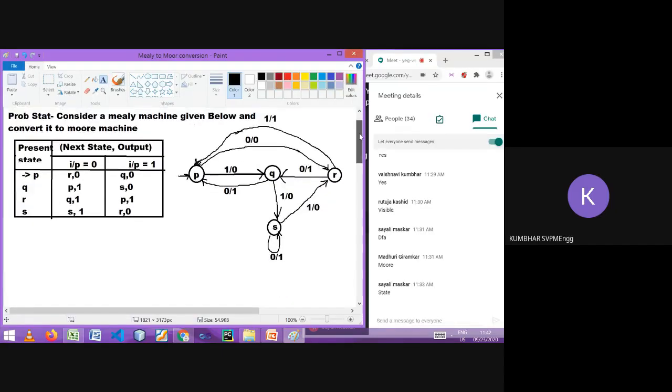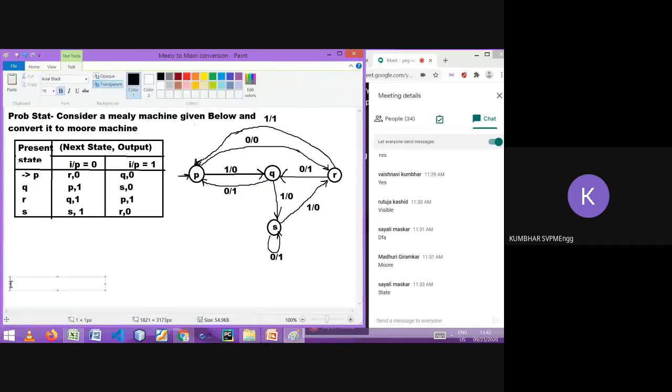Okay. Now listen to me carefully. You have to remember some rules. Two rules, importantly. The first rule is you have to check for every state which are the incoming edges.